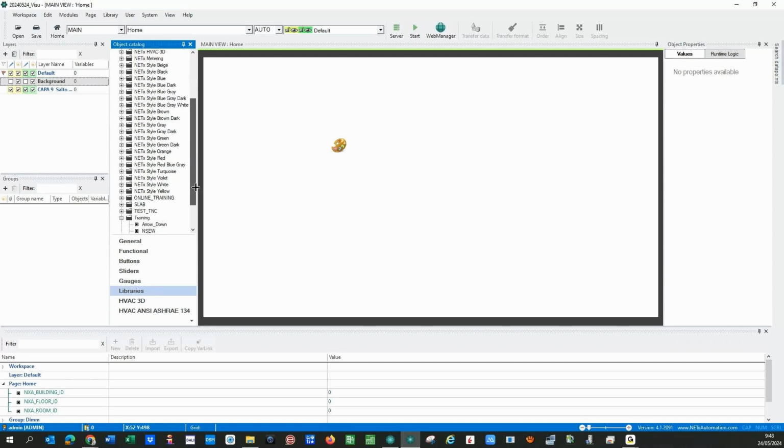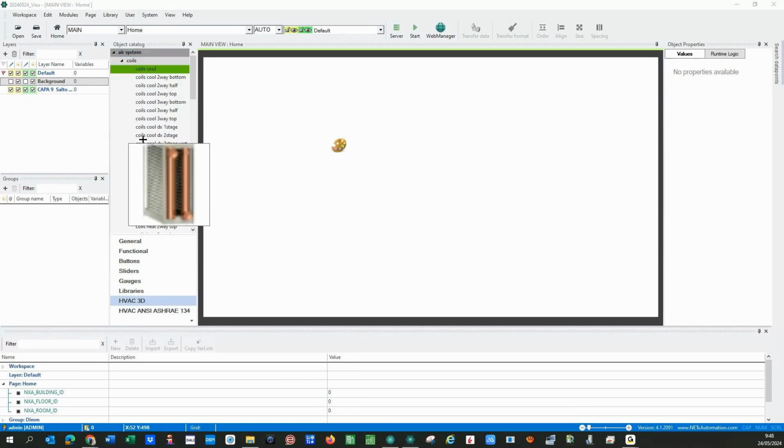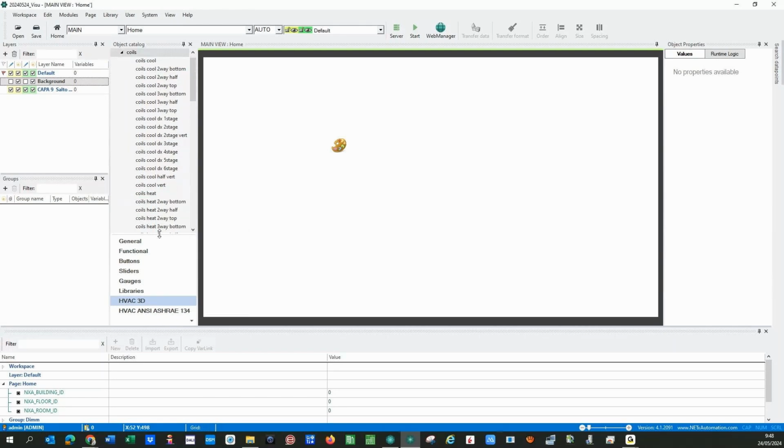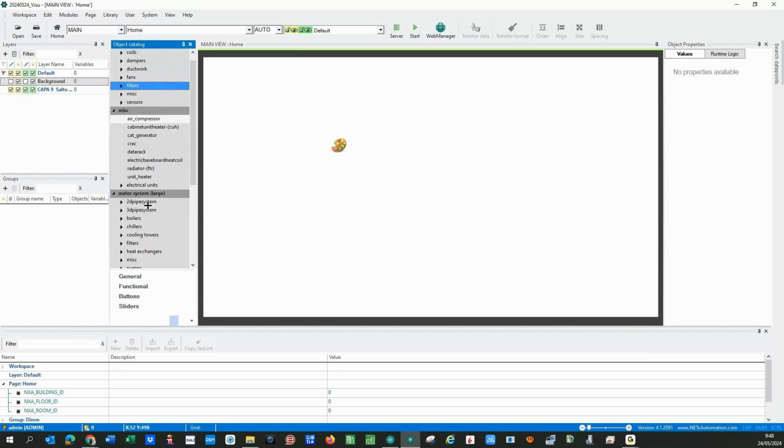Also HVAC 3D. It's a really interesting library for 3D controls, but this is not included in the normal installation. But we will also show an HVAC example using this special library for HVAC systems. Okay, and